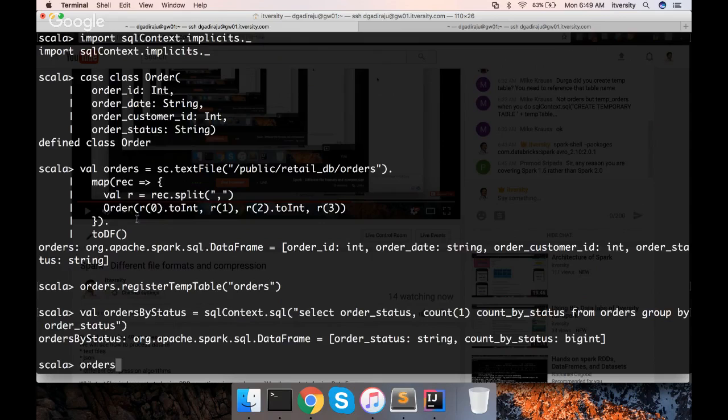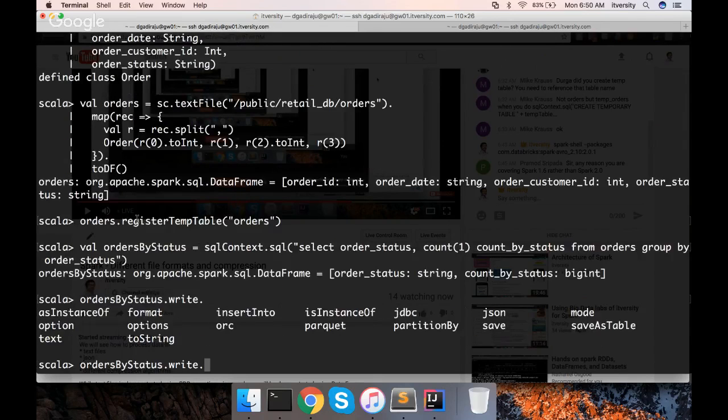Now if I say ordersByStatus dot write and dot tab, okay, even though avro is exposed, it might not show up here. It could be a bug in Spark Shell or whatever it is. I don't know where the issue is, but even though avro is not shown here, you can give it a try. Okay, it is not even auto-filling.